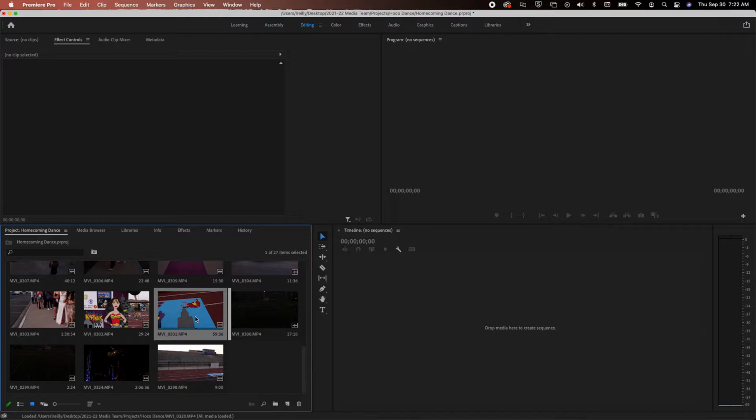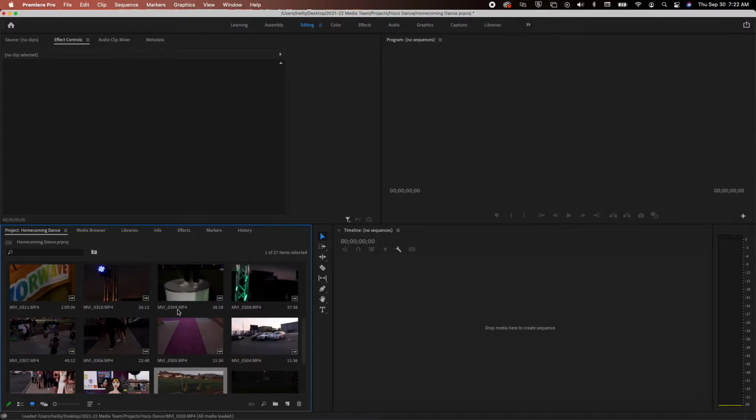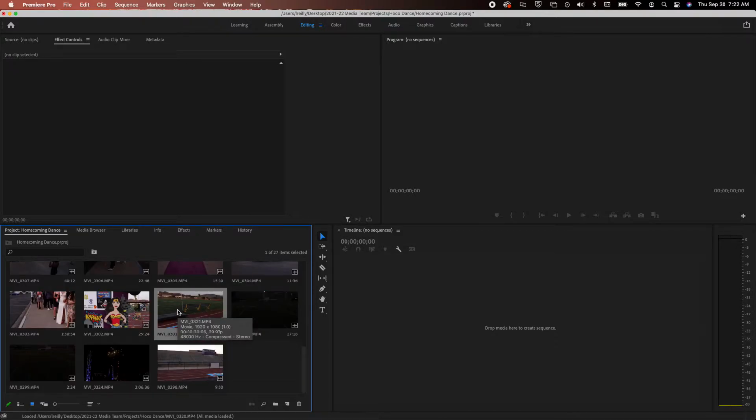What happens if you accidentally use the wrong footage for your first shot and all the sequence is off? What if, in this case, most of this stuff is shot in 60 frames a second, but I actually want my sequence to be in 30 frames a second? How do you change all that? Well, officially you change it up here, but actually what I'm going to do first for this demonstration is I'm